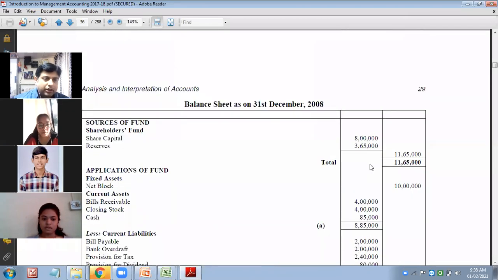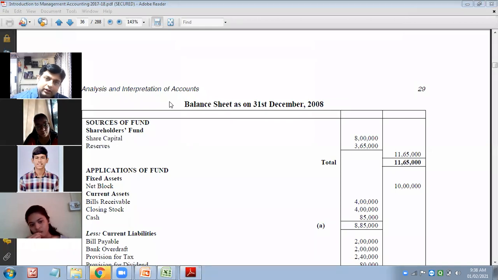Once you are thorough with this, then only you can do questions of what we can call reverse calculation, incomplete questions to be done. So the next lecture will be a continuation of this. Kindly join with the same login ID and password. Then we will talk about the balance sheet. Common size balance sheet. Just now we have finished the common size income statement. Now we are going to do the common size balance sheet. Am I clear to you all?